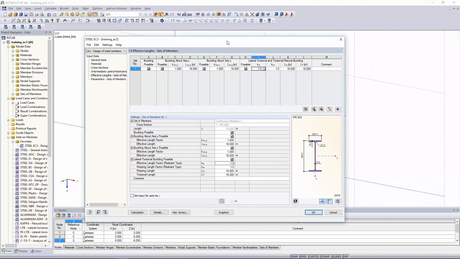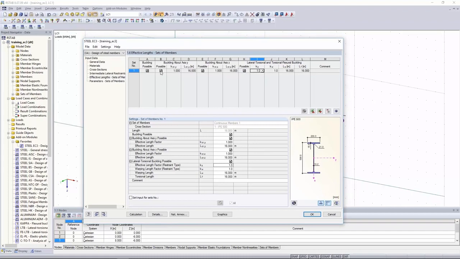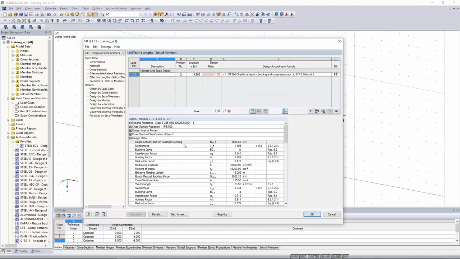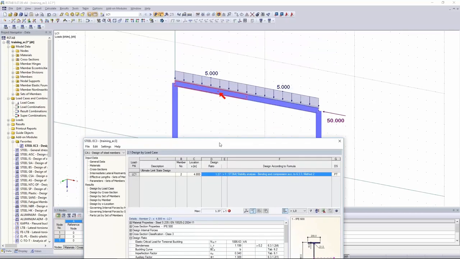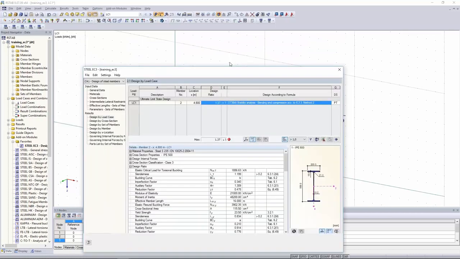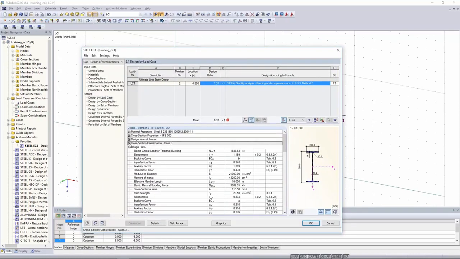We want to keep it simple and design it as a simple fork-supported set of members. So all of these settings are already fine. We have buckling length factors of 1.0 in both directions, and the beam is simply fork-supported. So now I can just run the calculation, and you will see we have an overloaded horizontal set of members here. We have a cross-section class 3,